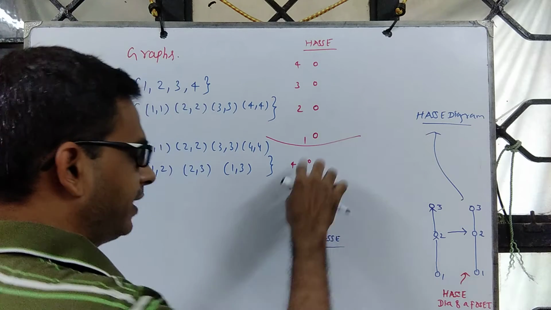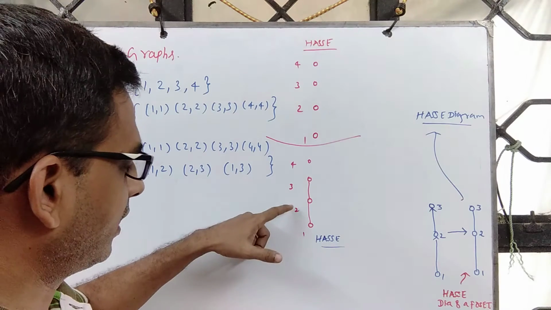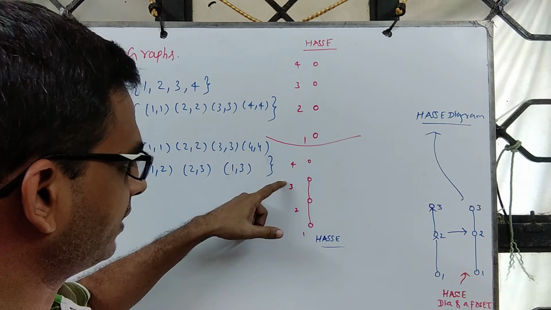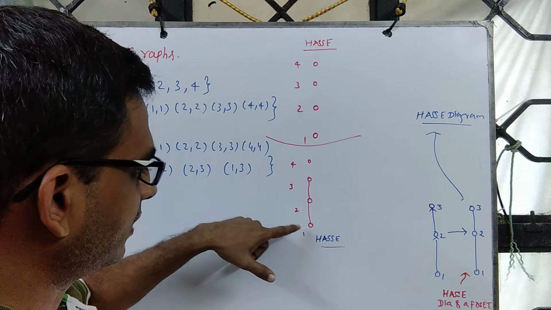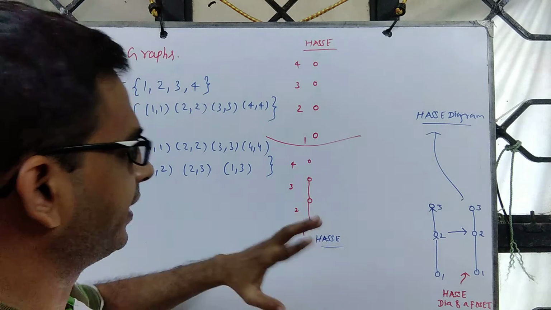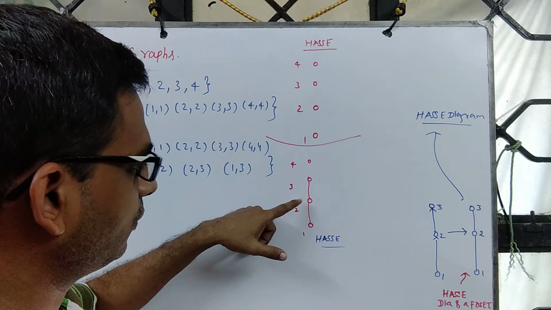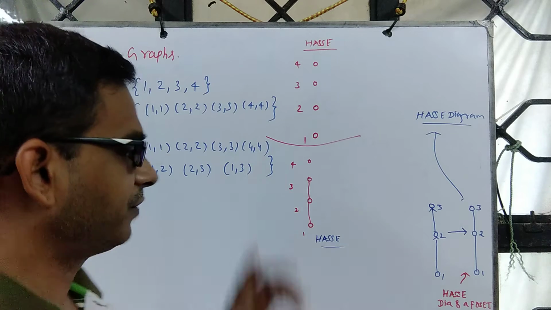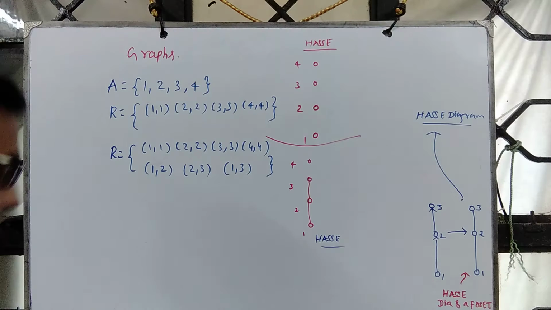Again, there is an arrangement of vertices like this: 1, and above that it is 2, above that it is 3, and so on. Because of this arrangement, it is understood that there is a transitive arc from 1 to 3, since you find an antisymmetric arc from 1 to 2 and an antisymmetric arc from 2 to 3. Fine.